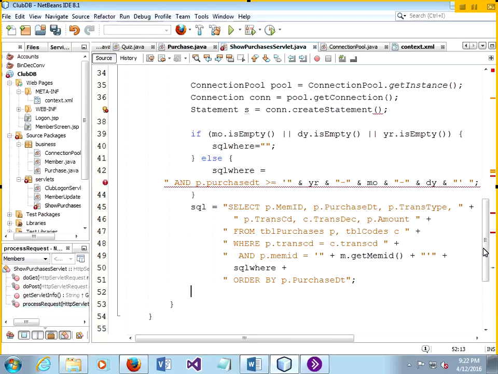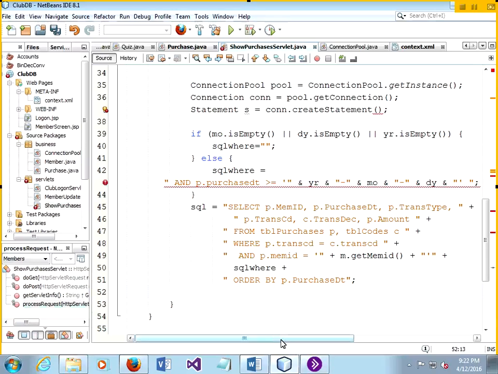Okay, so that's kind of awkward, but gives us a SQL command that matches the two tables, pulls out the transaction information for a specific member ID and possibly a specific purchase date that is a starting date if it is indicated, and then